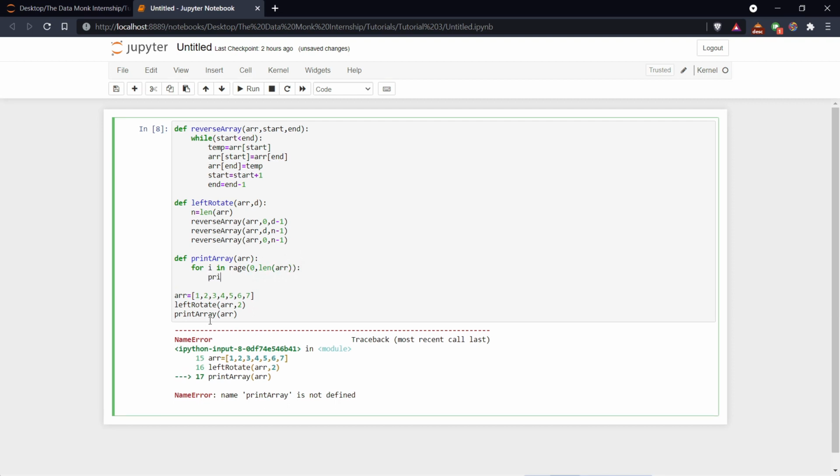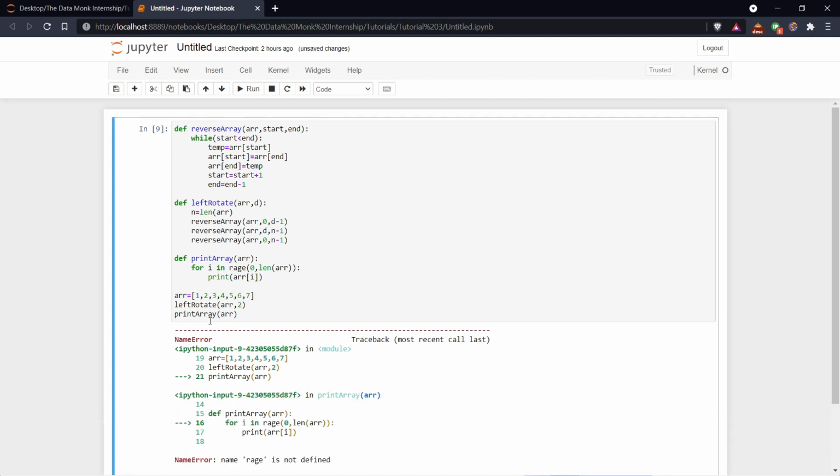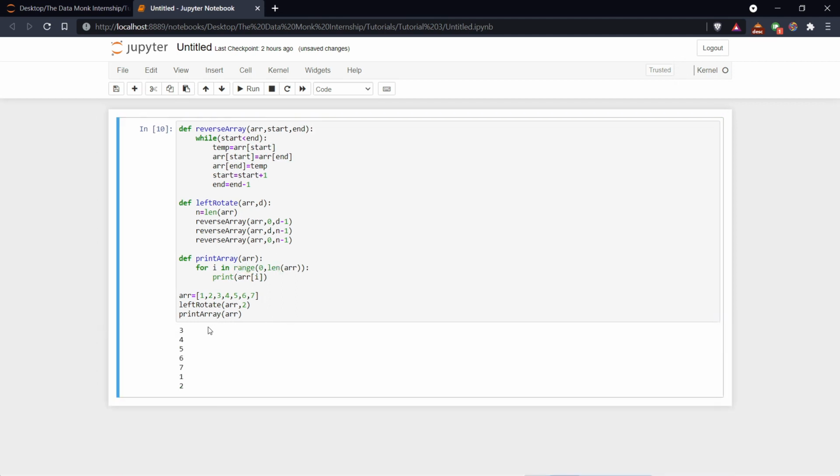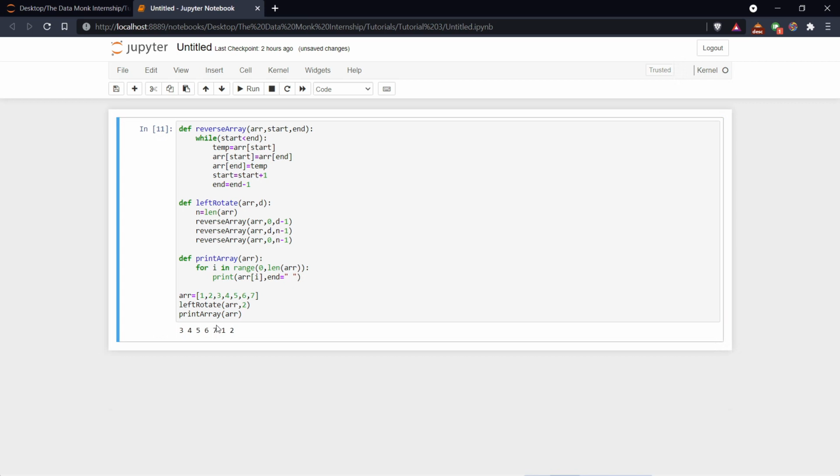We will be printing every element one by one. Another spelling mistake. So let us give a better printing. Now it is printed in the form of the array.